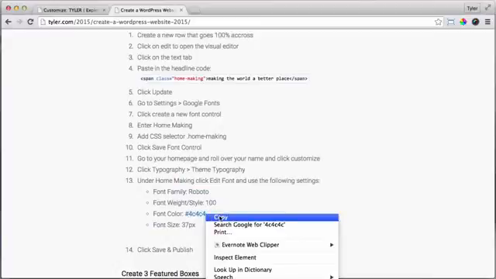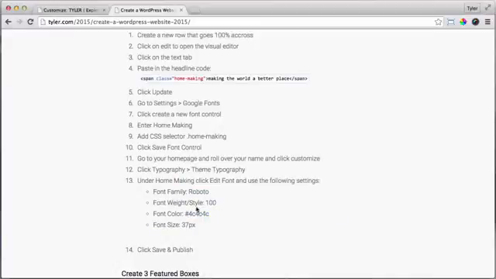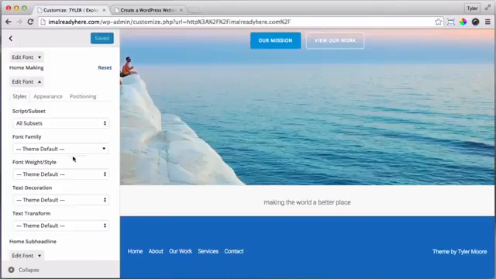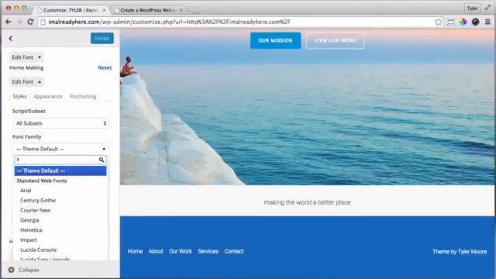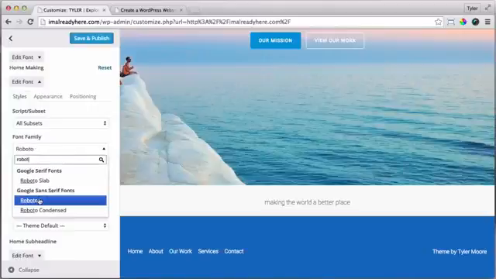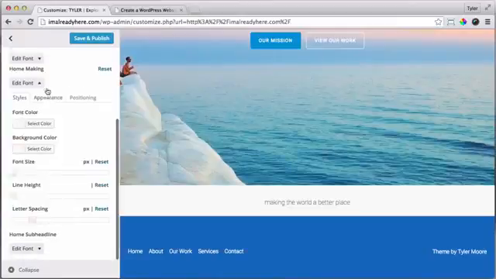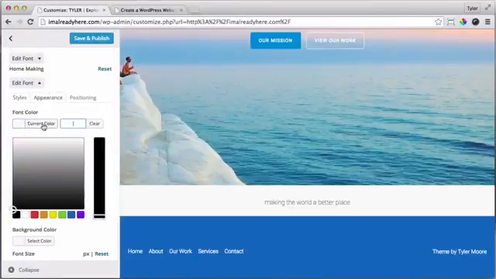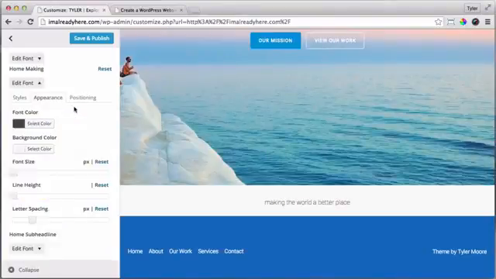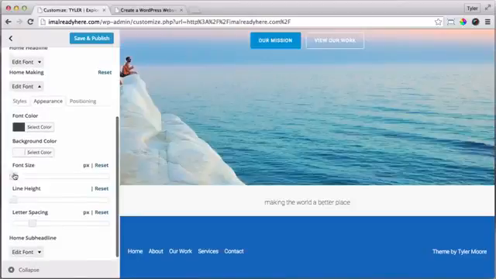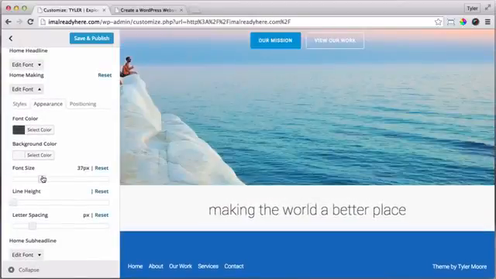Let's copy the color. So let's type in Roboto here. Font weight is 100. That's great. The font color, we have it copied, so let's just paste it in here. That nice gray, and then the font size is 37 pixels. All right, now that's looking much better. So let's click Save and Publish